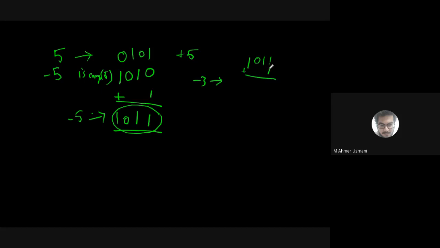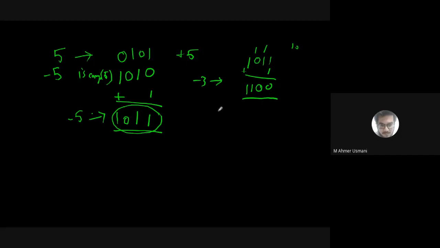So 1 plus 1 is basically 2. 2 in binary is represented as 1 0, right? So 1 will go to carry and 0 will come down. Everybody agrees to that? Yes, sir. 1 plus 1 is nothing but 2, 2 in binary is 1 0, so 1 will go into carry, 0 will come down. Now this 1 plus 1 is 2, so 0 and the carry will go over here. 1 plus 0 is now 1 and this 1 will come down. So everybody is getting this as the answer?